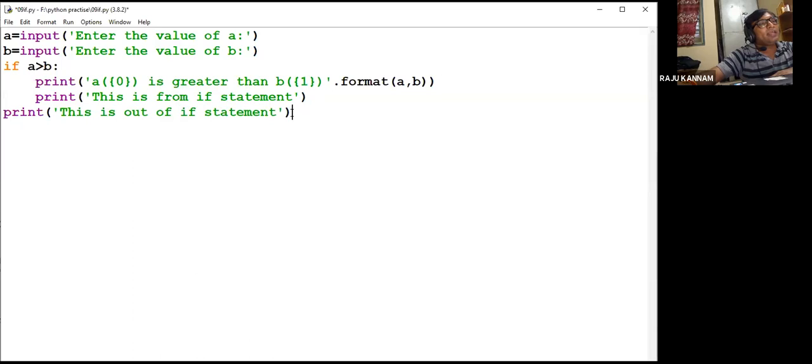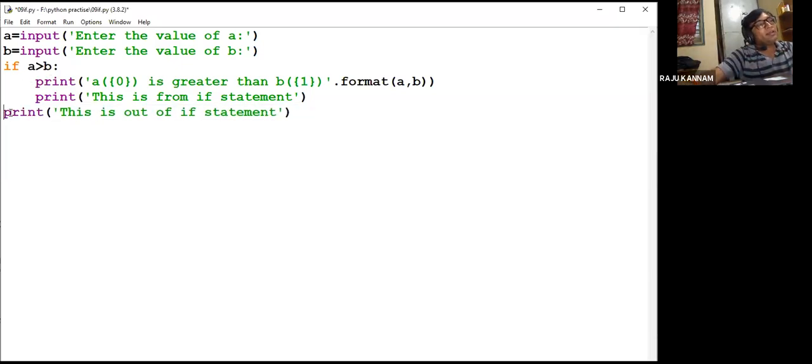And see here, we are writing another print. This print does not belong to this if statement. Why doesn't it belong to the if statement? Because there is no indenting here. If it were indented, this would also come under the if block, but we are not giving any indenting for this particular print.